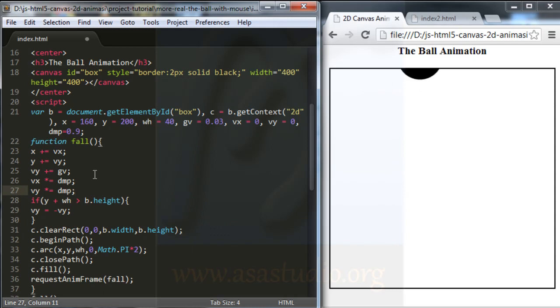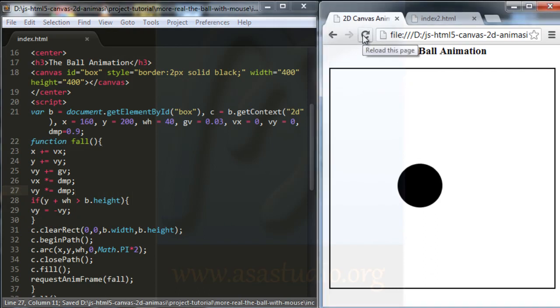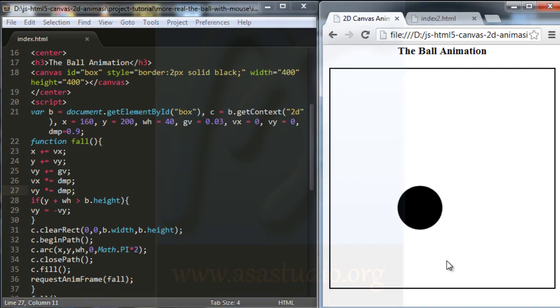If I add this script and save my project and reload, I have this animation.